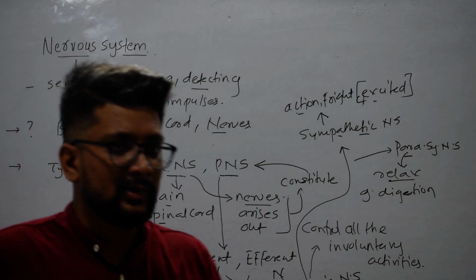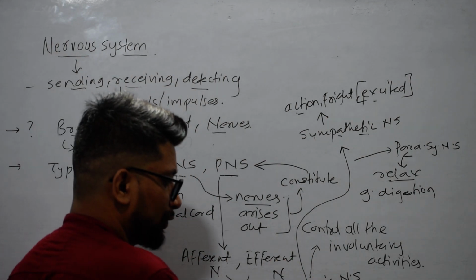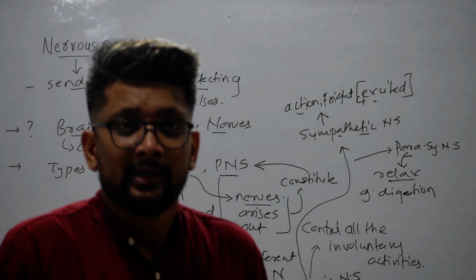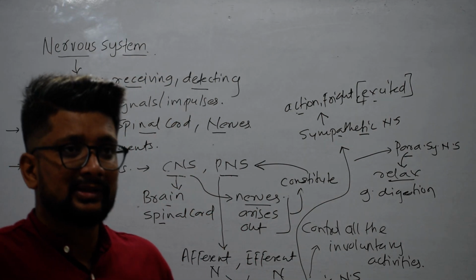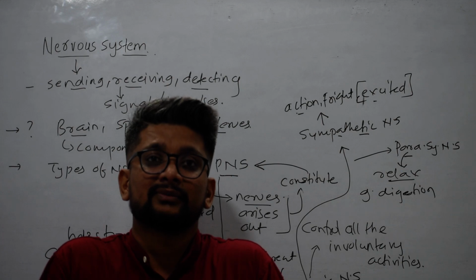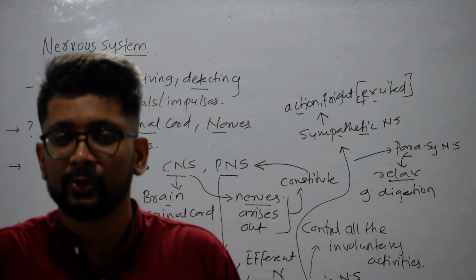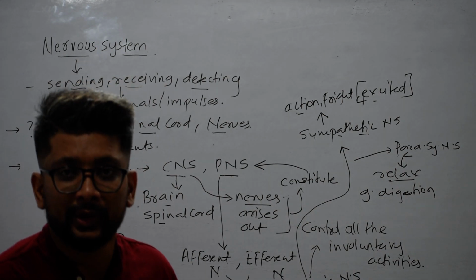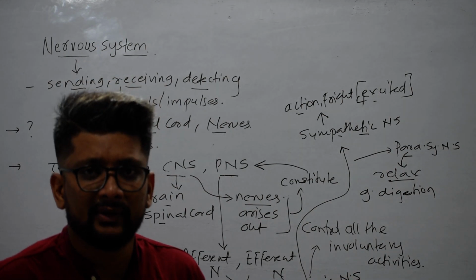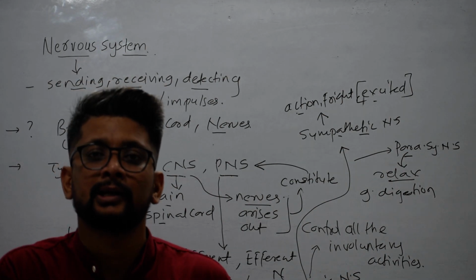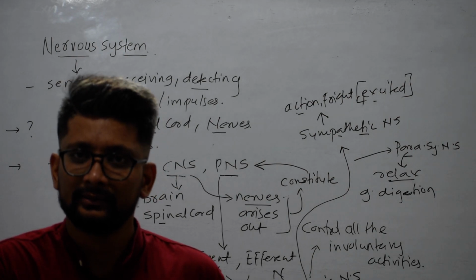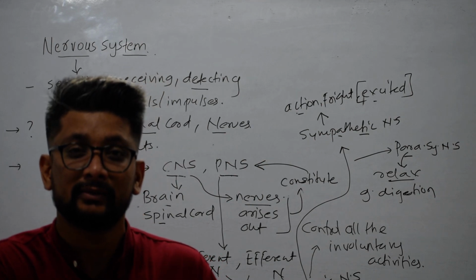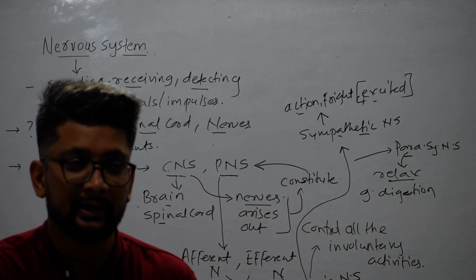Moving on to the next nervous system, the autonomic nervous system. अगर आपने ध्यान दिया रहेगा तो यहाँ पे ऑटो लिखा हुआ है और we all know auto means automatic. So the autonomic nervous system means that nervous system which helps to control all the involuntary activities that happen in our body. Now what is meant by involuntary activities? For example, beating of the heart. हम हार्ट की बीटिंग को रोक सकते हैं, हम ऐसा पकड़ के ये सोच सकते हैं कि हार्ट बीट को हम रोक रहे हैं, but we cannot stop the beating of the heart.